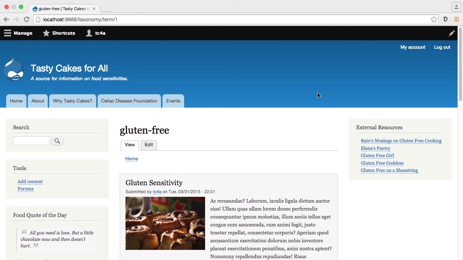In this lesson, we're going to add a controlled vocabulary that will be a key structural component of our site. Tasty Cakes for All is not only about providing blog posts and events, but also recipes. Recipes can be categorized in many ways, but in this case, our users are probably interested in easily finding recipes based on their food sensitivities. Likewise, our blog posts may be relevant to specific sensitivities, so this will be an effective way to categorize content